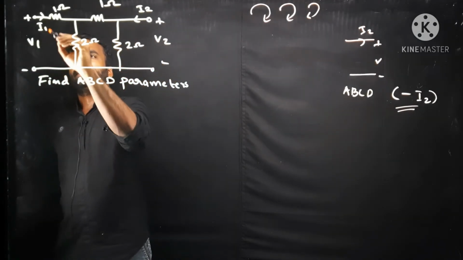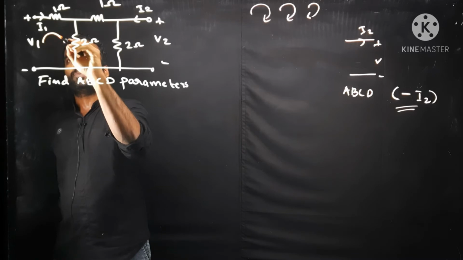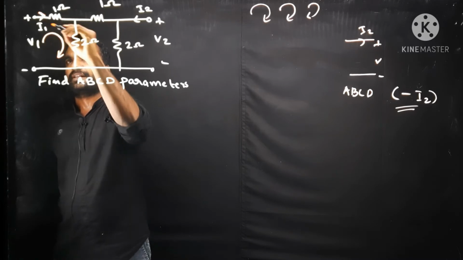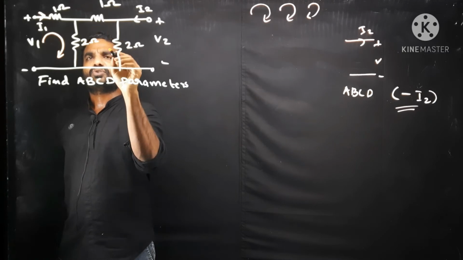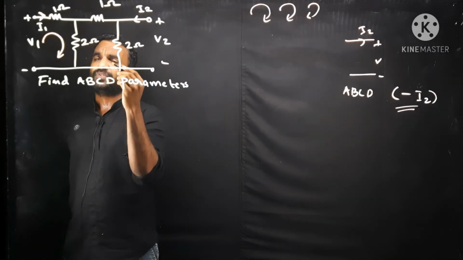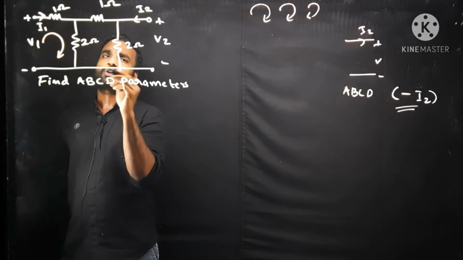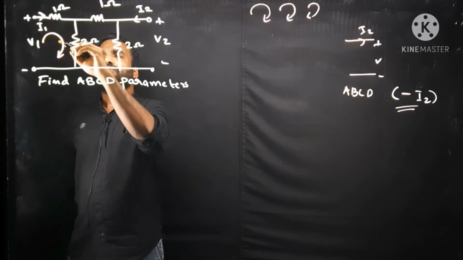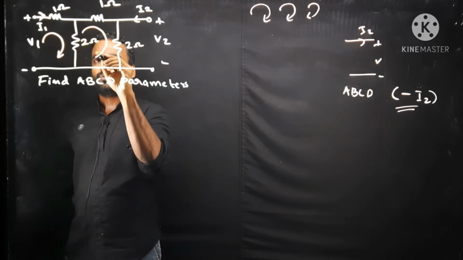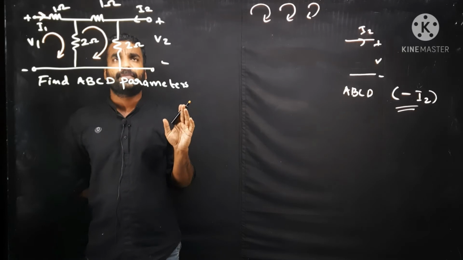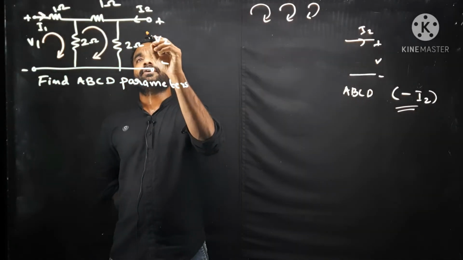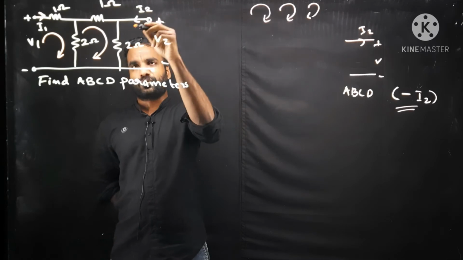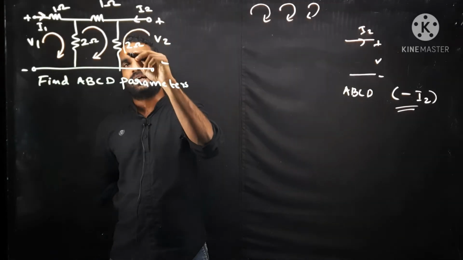Now take the I1 direction, and take this loop direction based on this I1 direction. This is loop 1. And there is no specific direction for this one. You can take either clockwise or anti-clockwise. So I am taking the same direction as loop 1. So 1 and 2 are okay. Then what about loop 3? For loop 3, you can see the I2 direction is already given. So you have to take it in that direction.